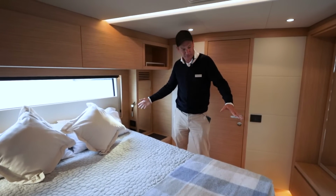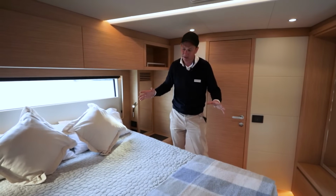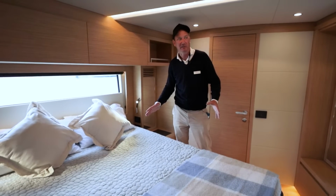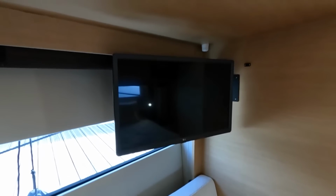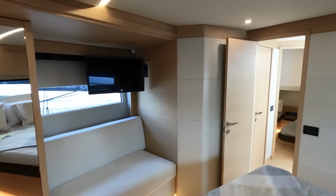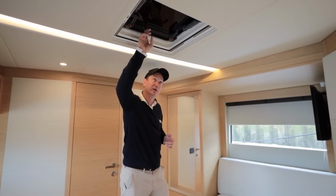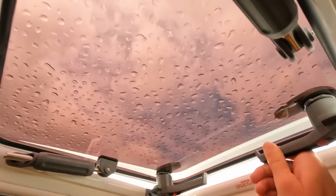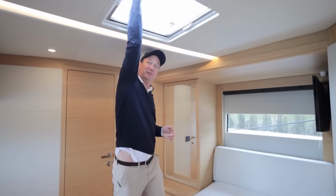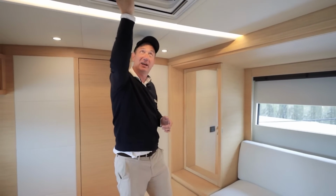I'm tall, you're tall, Rob. This is, I don't know, a six-foot bed. It's not quite a king, not quite a queen. It's sort of a big boat bed. We specified a TV on this one. That's always quite nice. At night, if you can go up there, Rob, there's a cushion on there at the moment. We'll show you that on the bow, so you can obviously do that. I don't think we can. Oh, we can. There you go. Oh, that's better. It's warm in here, isn't it? So that's good. And again, it's got the same old